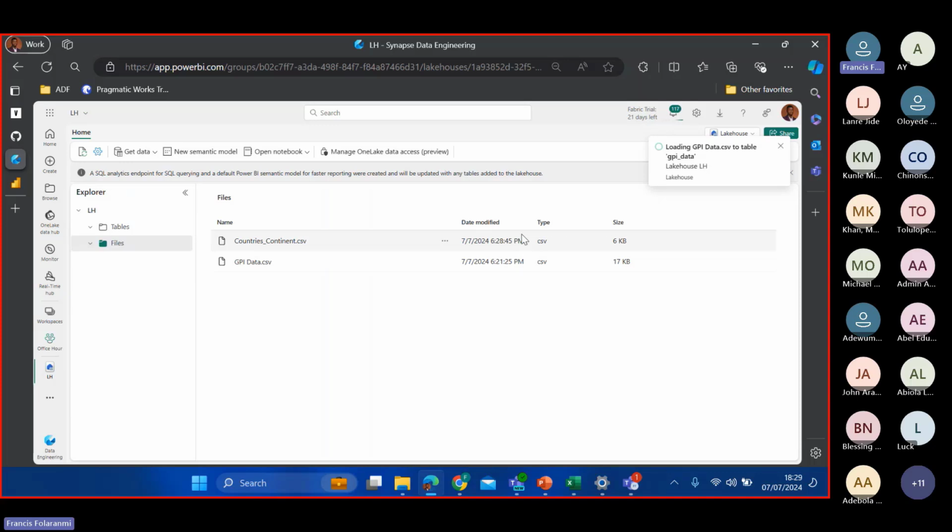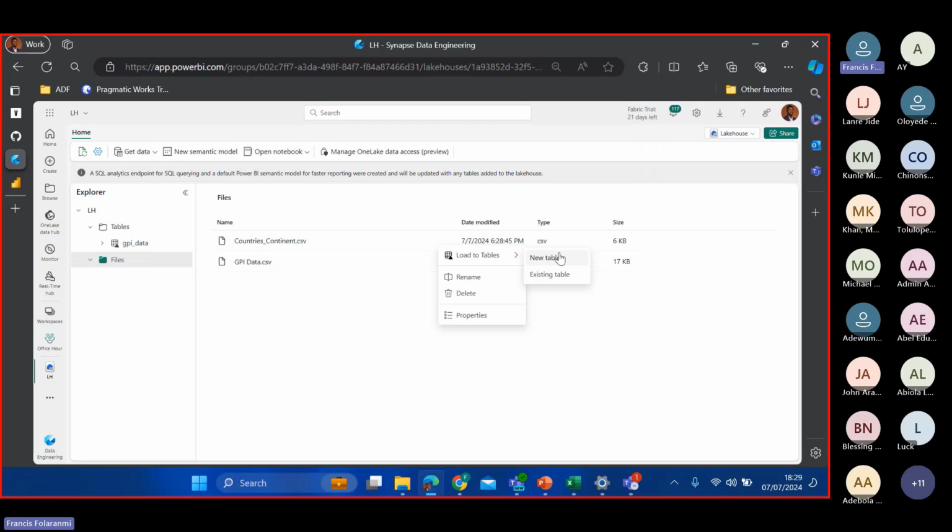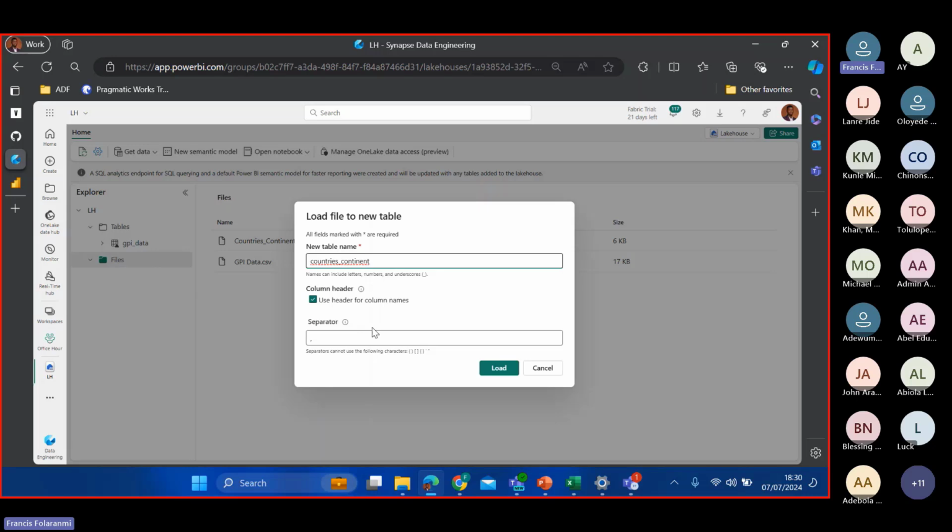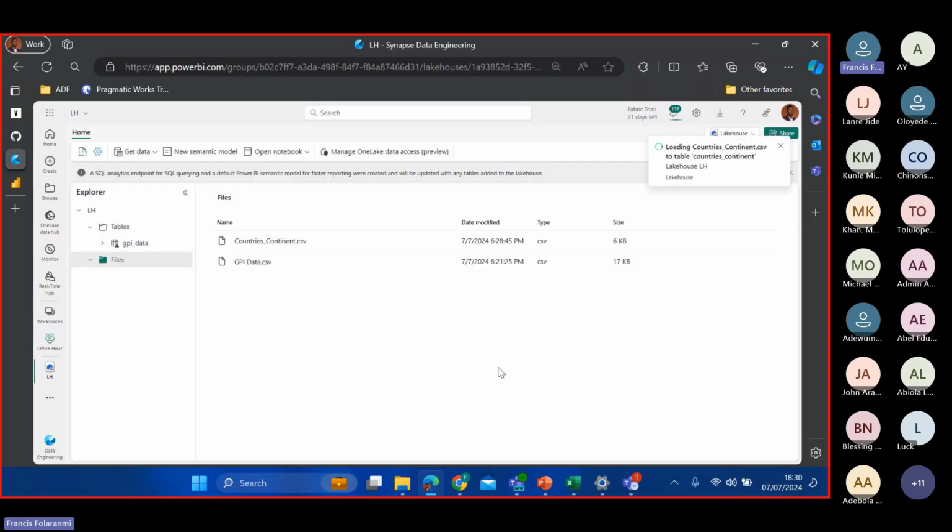Let's give it a while to load. I will do the same thing for my country file also. Because this is loading, this one is grayed out. Okay, this one has successfully been loaded. So I can do the same thing for my country data. Now it's available here. Then I do the same thing for my country and continent data. This is fine, so I can just click on load. So I have the data both as a CSV file and also as a data table.